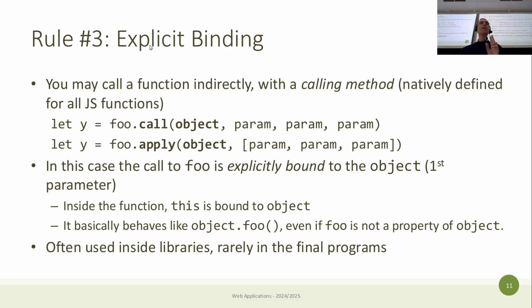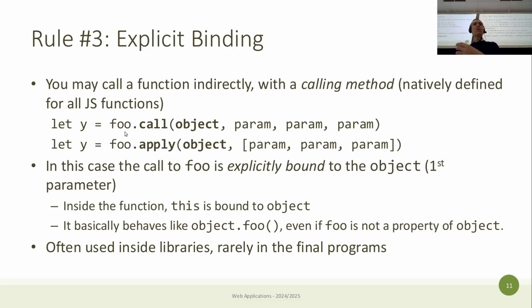Rule number 3, explicit binding. That's less useful because we typically don't do this by ourselves. It's typically done in libraries and so on. But you can explicitly tell a function to use an object. So bind an object to a function, so that when the function is called, the this is attached to a